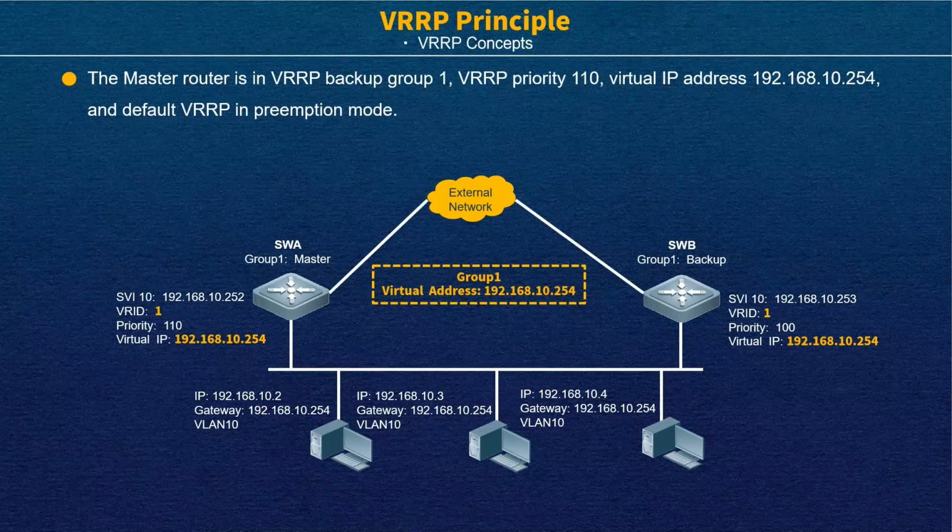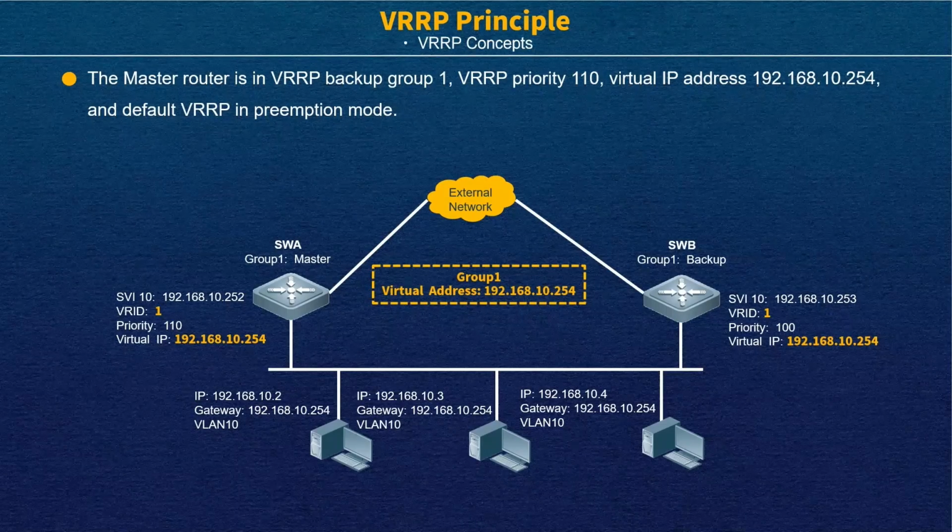If we enable the preemption mode, that means in the VIP group, we only select the master who has the highest priority. So switch B will become the new master. If we disable this mode, that means only if switch A cannot work will switch B become the new master. Although maybe now we found switch A's priority is 90, switch A still can send out the VIP message to everyone that I can work now. So this is the function. The preemption mode is enabled or disabled, with different results.